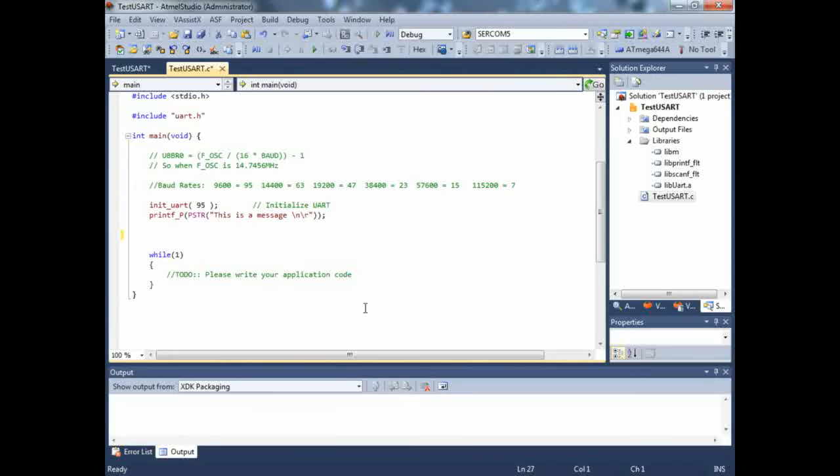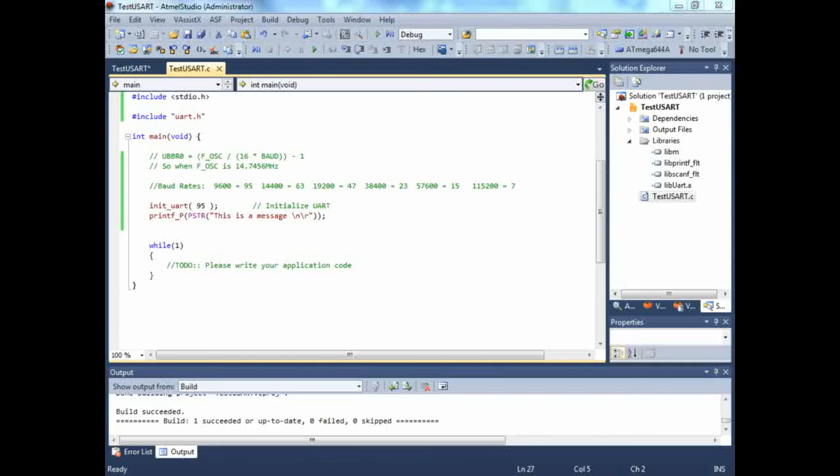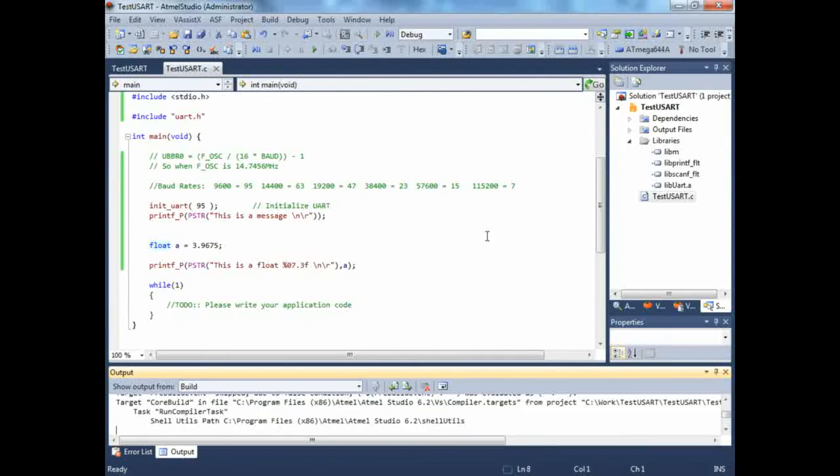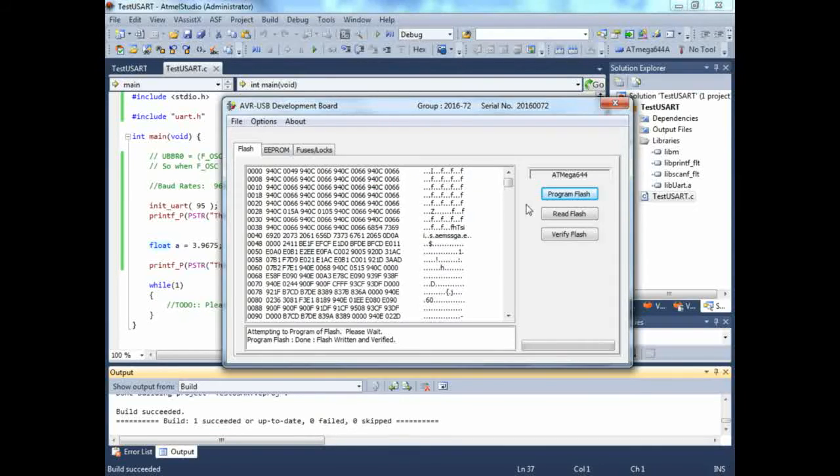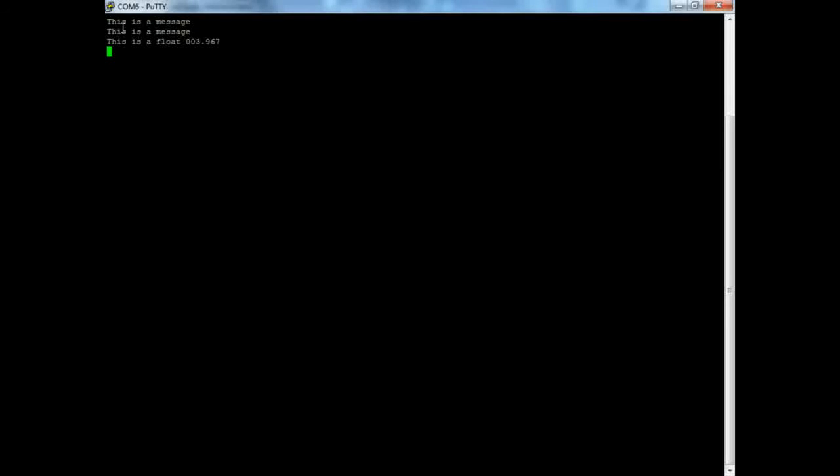So now we can add some code that actually uses the floating point. We'll just type some extra lines of code here. We'll just define a variable with a float and a printf function that prints that float. And let's build it. And we have 0 errors, so let's download that to the board. And this time we get, this is a message and this is a float,